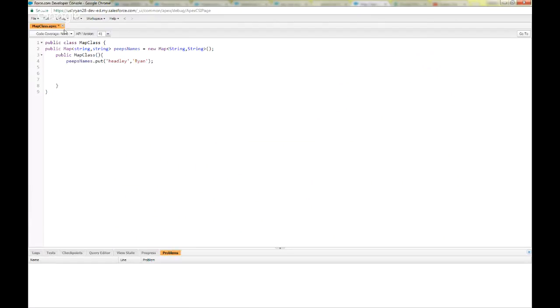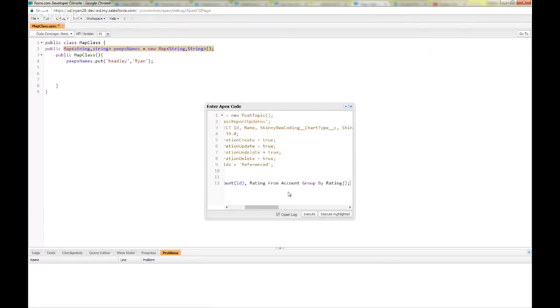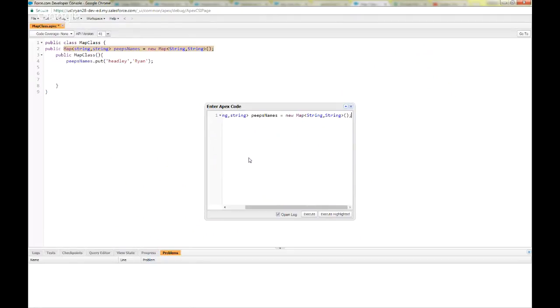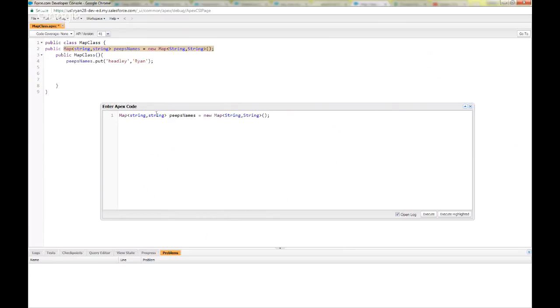Okay, so let's go into our anonymous Apex, because this will be a lot easier to deal with that way, just for debugging's sake. We're going to have our same name here: Map string, peeps names, equals. And inside of here, we're going to do the same thing: peeps names dot put. And we're going to say Headley. It's a string, not a variable. Headley, comma,